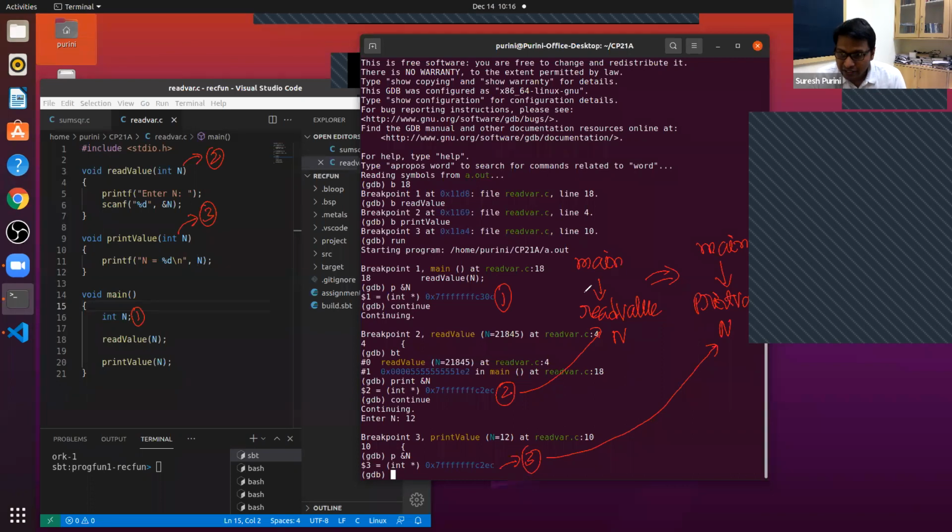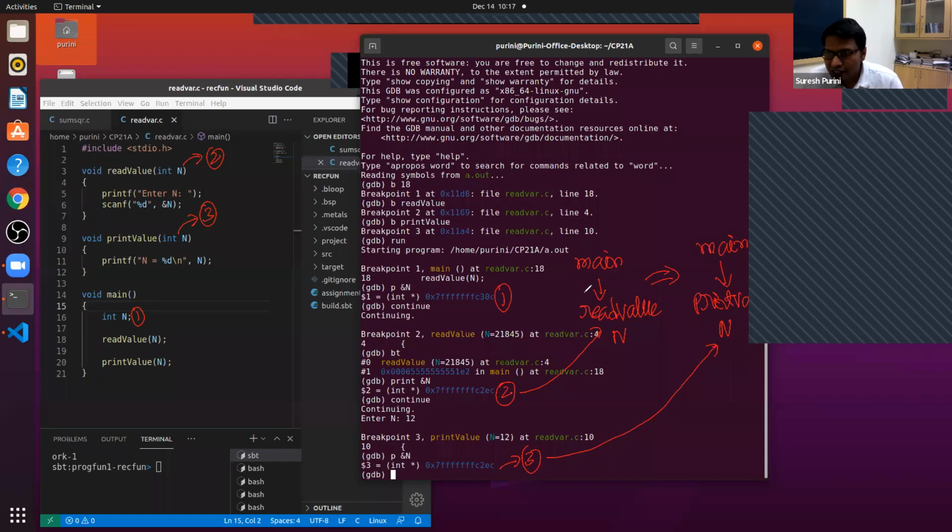What I want you to understand is that read value and print value are not active when we are in main, and when read value is called, the function becomes active. Then the memory for the parameter n is allocated and it gets some address. After we are out of read value, the memory allocated for it is released. And when print value is called, the memory is reused, and it just so happened that the same memory is allocated to both variables.